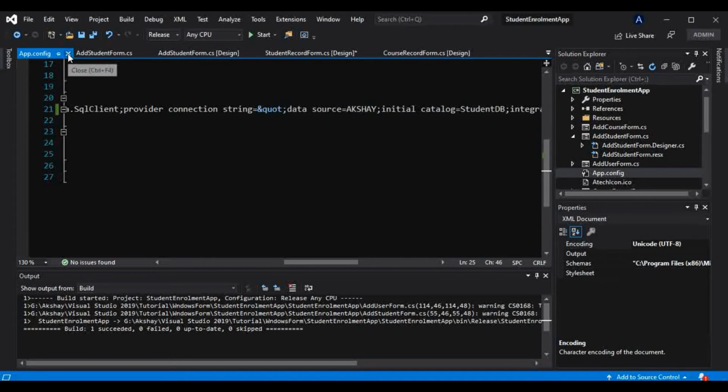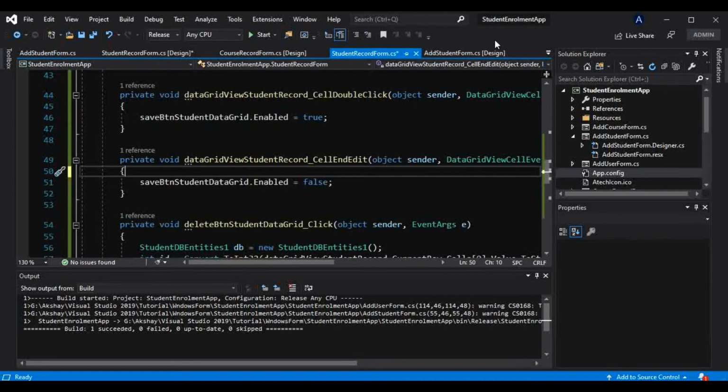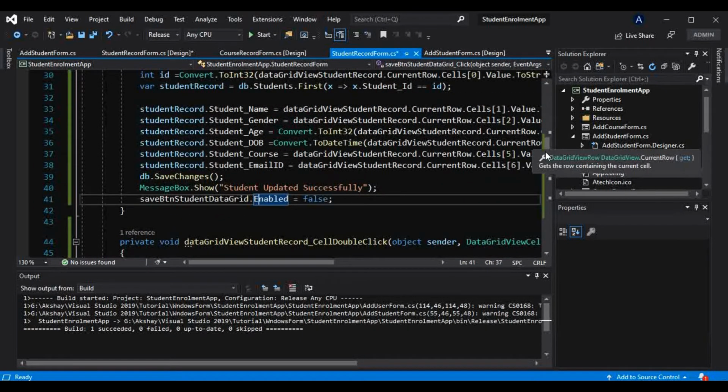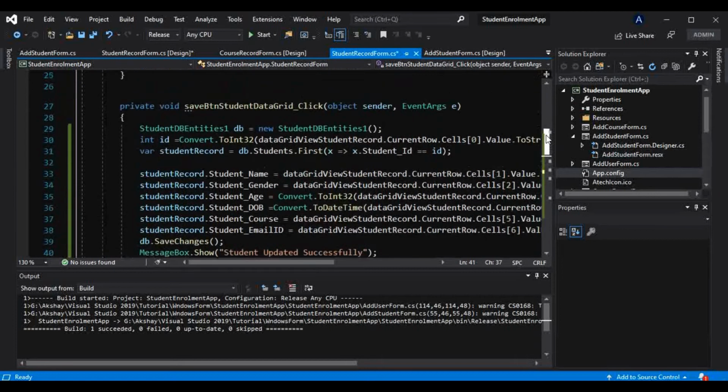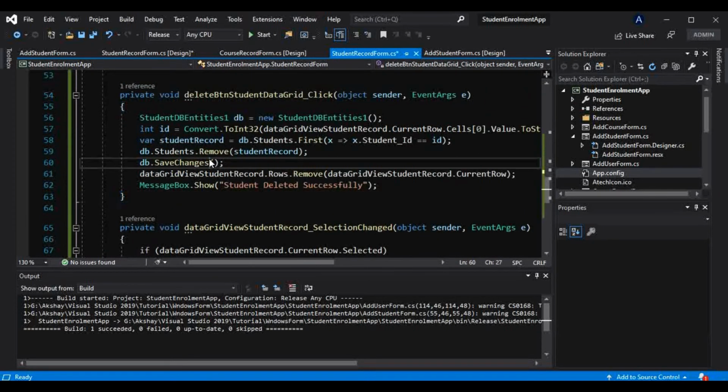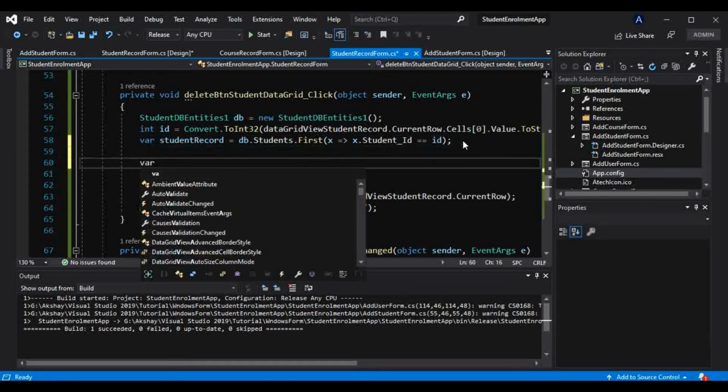And now, coming back to that concept, in the student record, not in the save button functionality but in the delete functionality, before removing that, we should ask the user once. We should create that confirmation dialog. Now what we can do for that, let's just have one variable here,